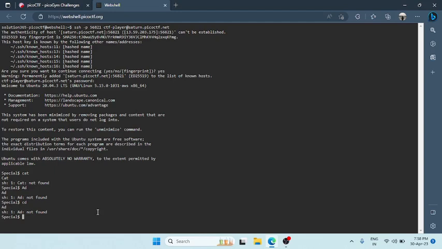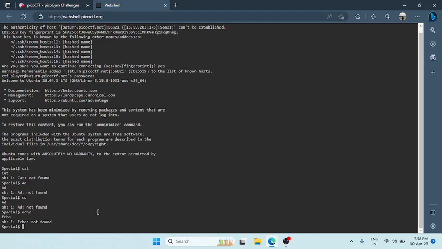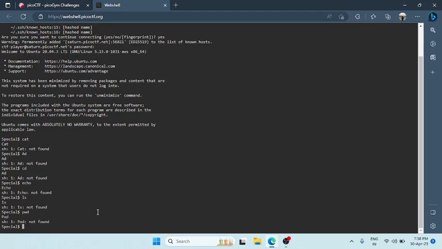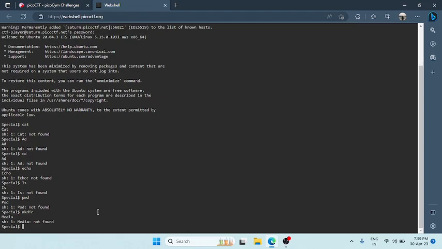So if you put any command like ls, pwd, or mkdir, whatever command you add, it is changing to caps or changing to the nearest correct word.